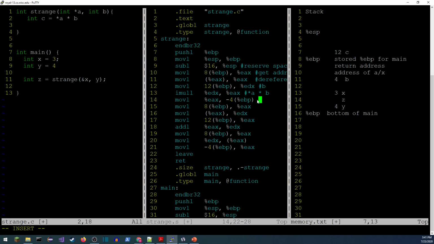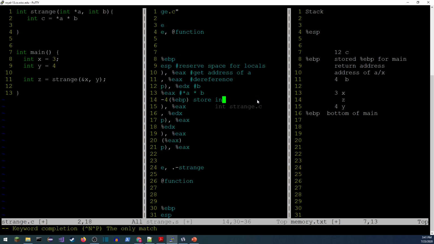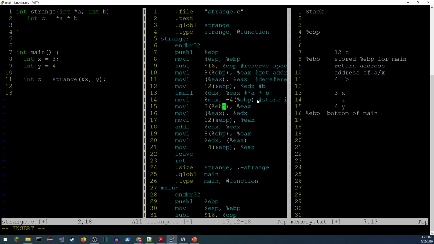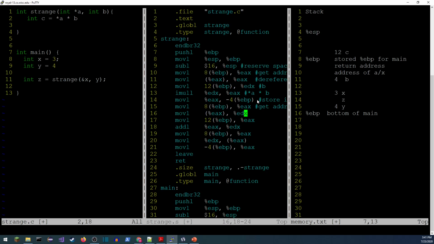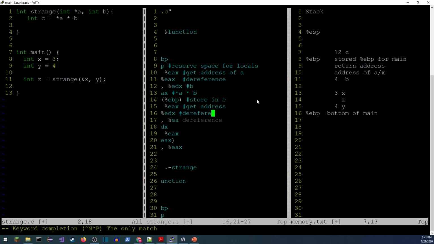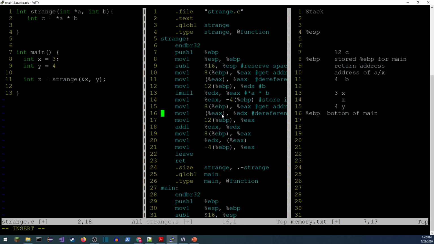So here, this is store in C. The next line here is get the address. Then this line is dereference. And so we've just done this.